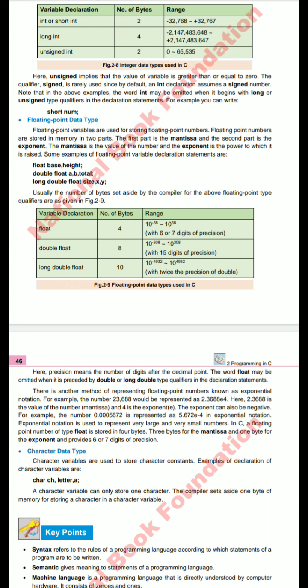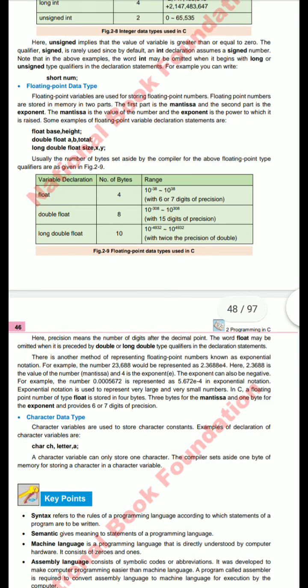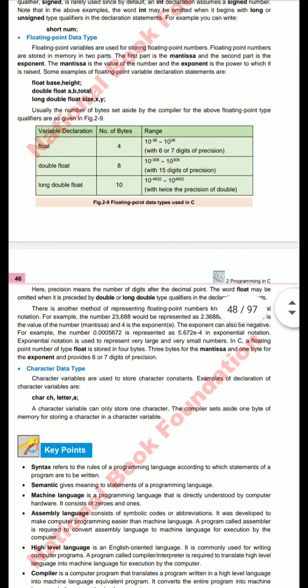Now variable declaration, number of bytes, range. If we are using float, we will use 4 bytes. If we are using double float, we will use 8 bytes, and if we are using long double float, we will use 10 bytes, and their range will also be different.